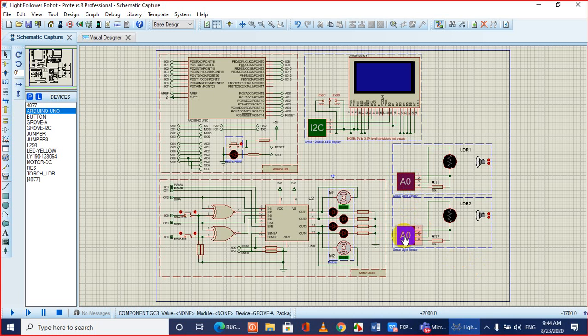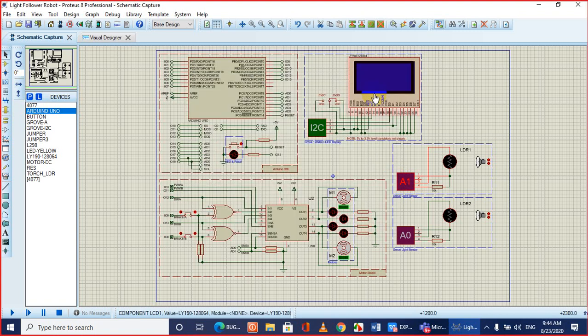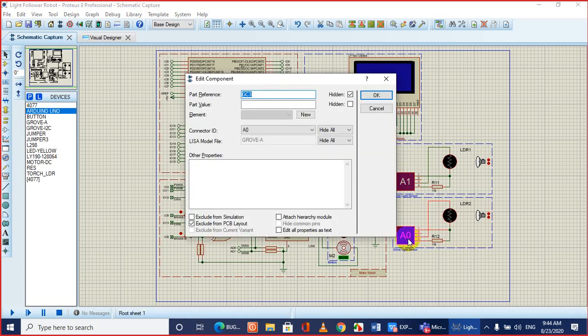So what we need to do is change the pin connection. So click over here, double click. Now, connector ID. Let's pick A1 for the first sensor, and for the second sensor, let's pick A2.